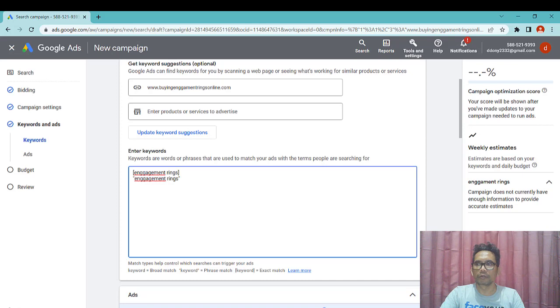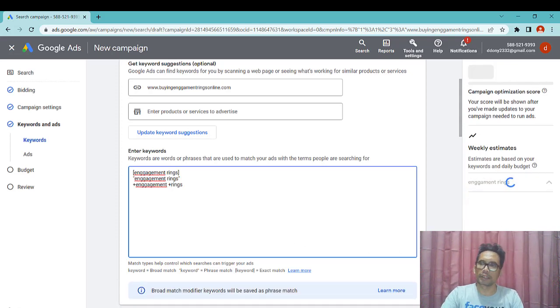And then we are also going to use the modified broad match so that our ad will also show up when people use the word engagement and the word ring in the search bar. If you want to learn more about keyword match types, you can check another video on my channel.